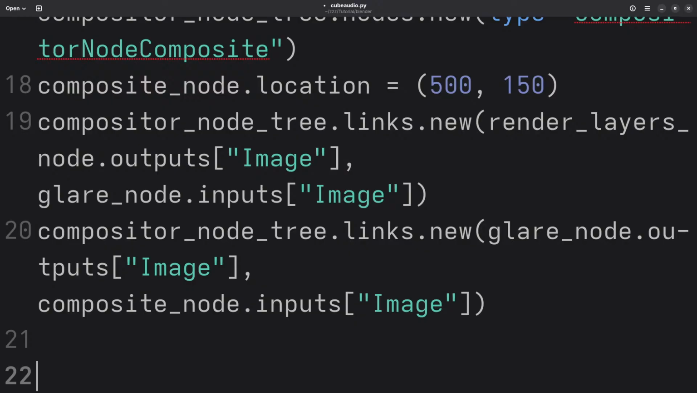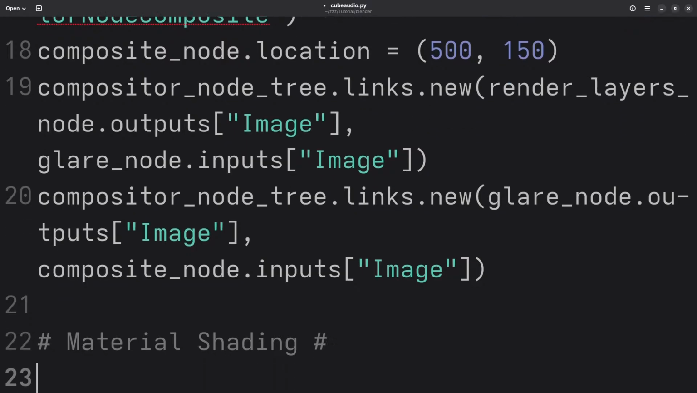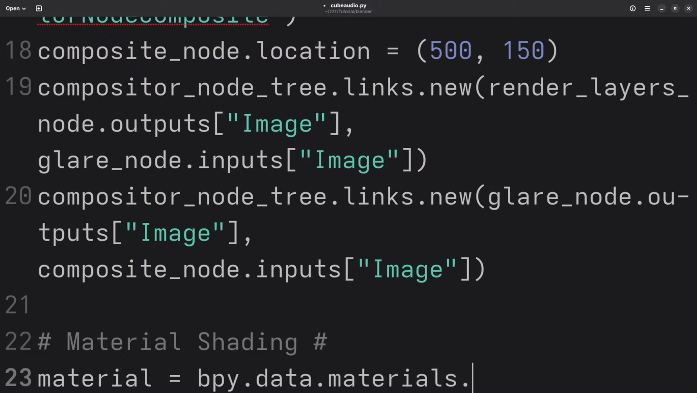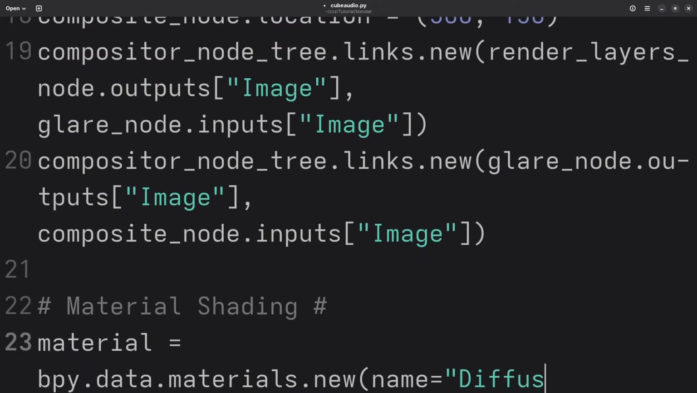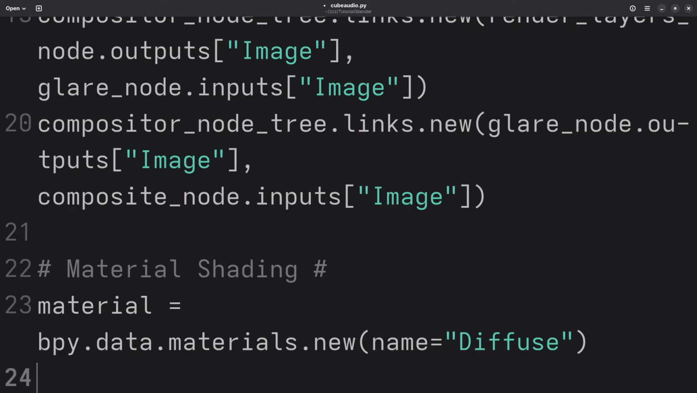Now let's go do the material shading. So here I'll just get the material, data.materials.new, give it a name, diffuse. Okay, then material.use_nodes, you set this to true,